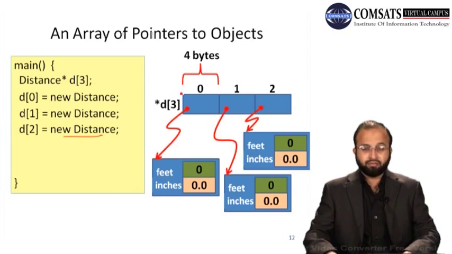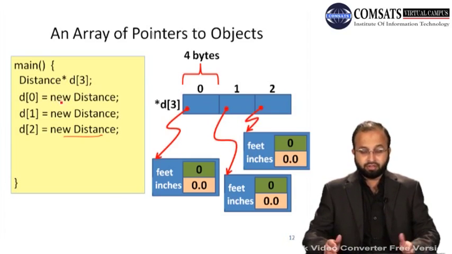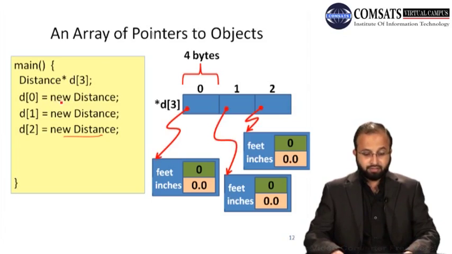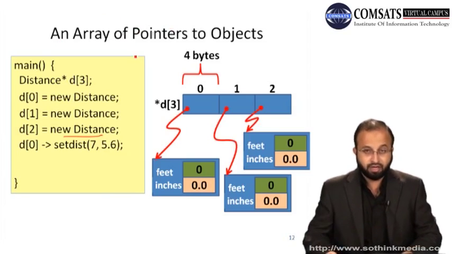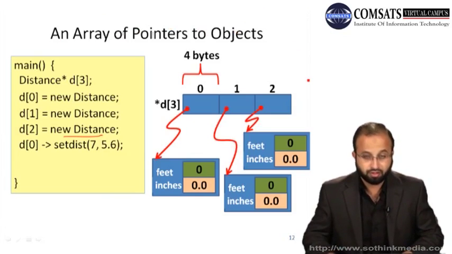And each element contains 4 bytes in memory. ठीक है, 4 byte लेंगे because address जो हमारे पास 32 bit का है आजकल के system. So 4 bytes will be occupied. The next statement is D of 0 is equal to new distance. So an object will be created because we have a statement new distance. So the object of a distance class is created, and then the address of that will be stored in 0th